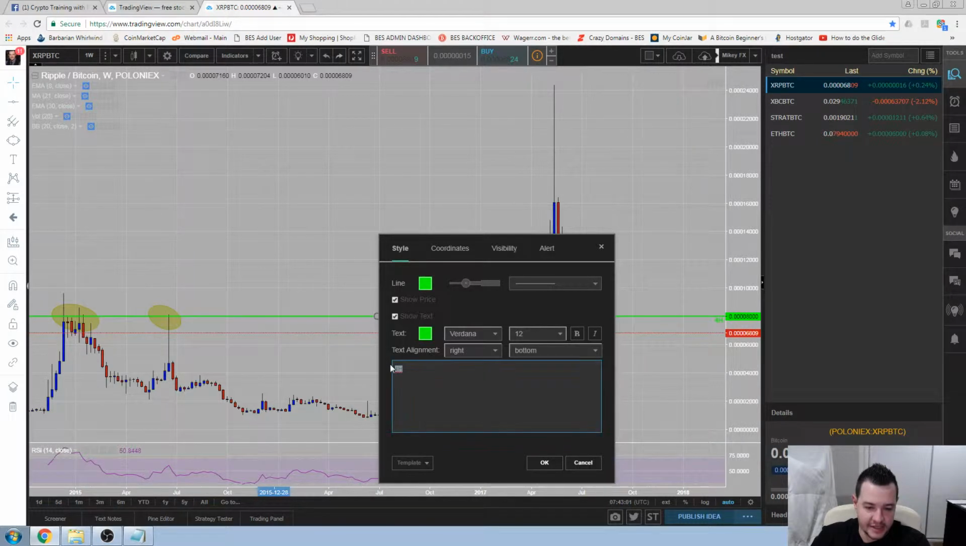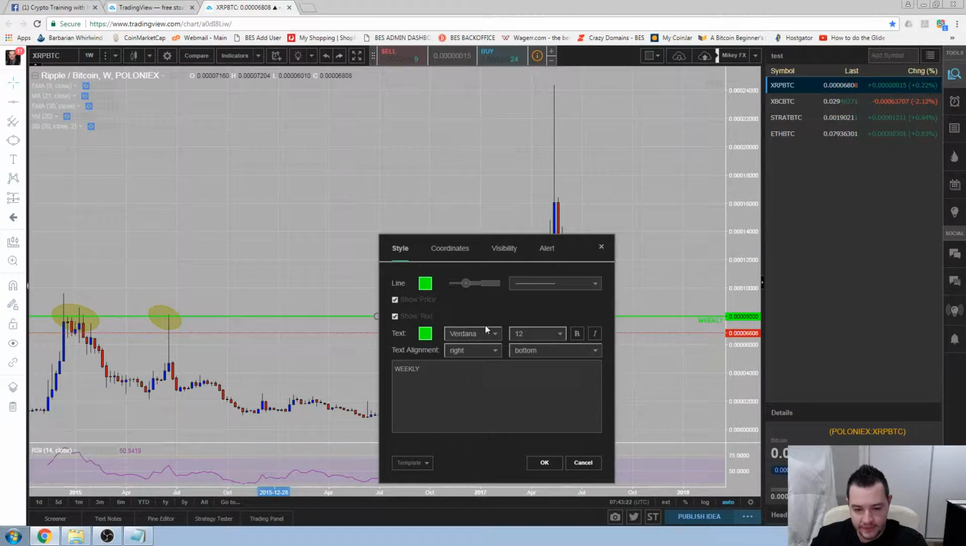You can come down here, you can say text alignment. You can align this as weekly. Okay, you can see over here on the right hand side, text alignment. You can change this to either be on the left side, the right side. I prefer it to be on the right side because that's where the price shows. Okay, and you can have a weekly